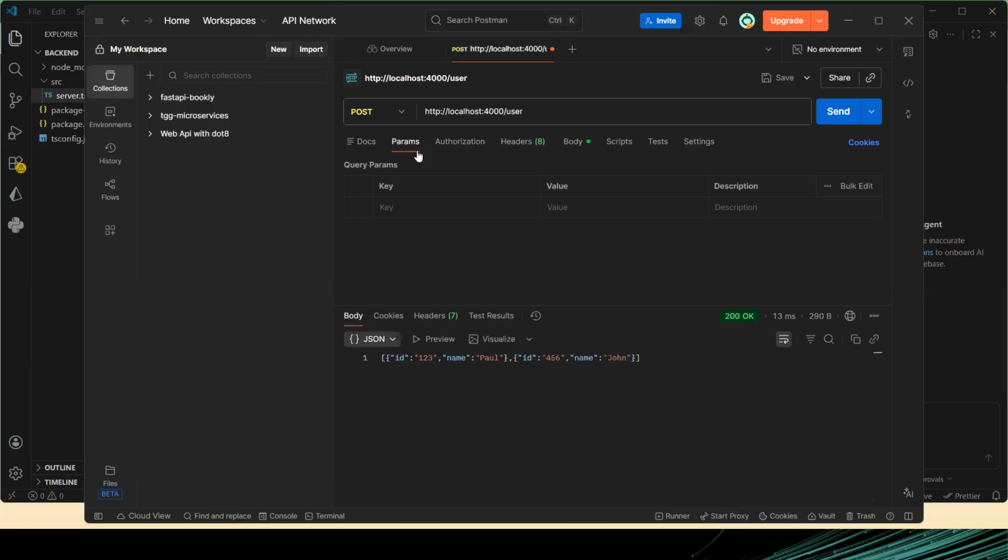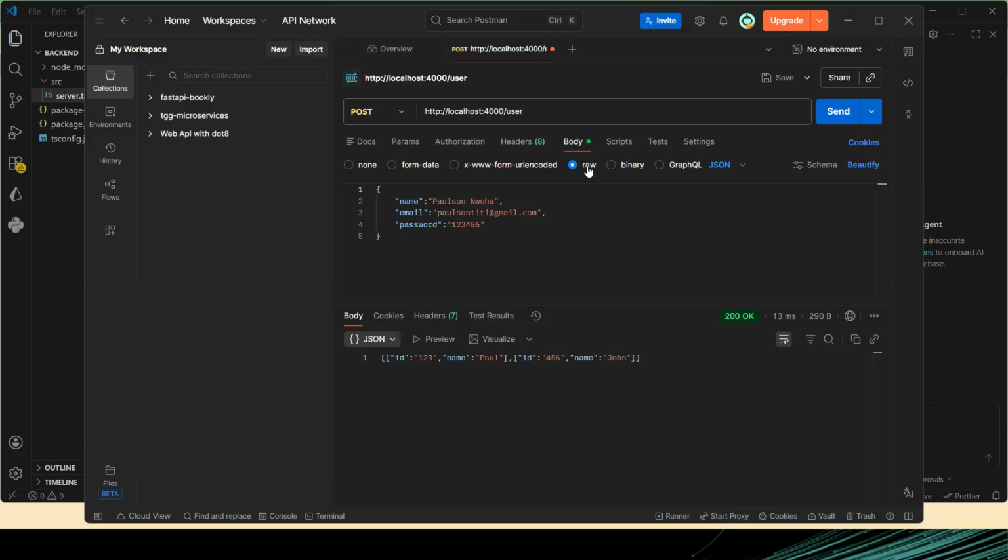Then what are the params? Because of course it will ask us for the details of the user. So I'm going to click on body and then select raw. Now we have name and we have ID. So far, name and ID is what we have there. So I'm going to delete these ones. So far, let's assume now that the ID is